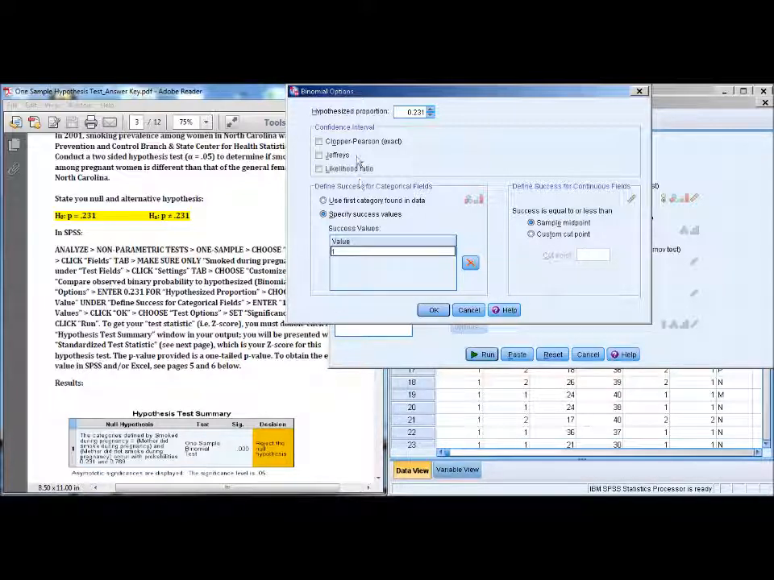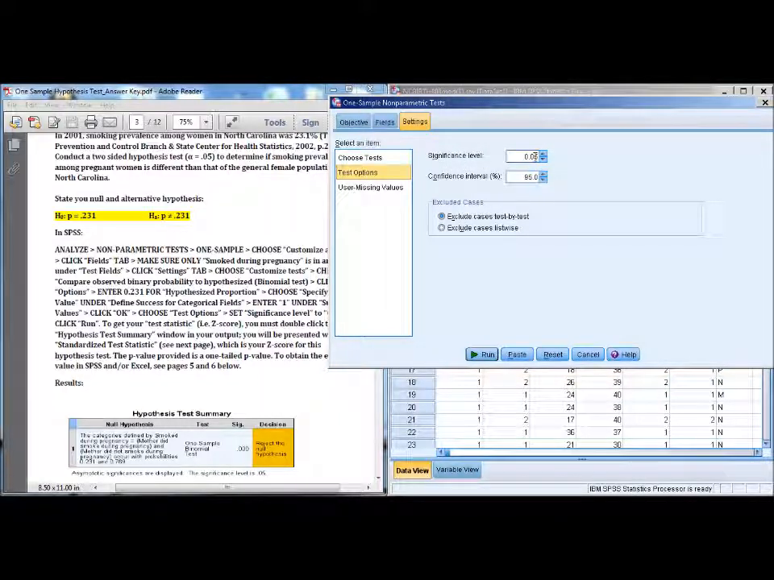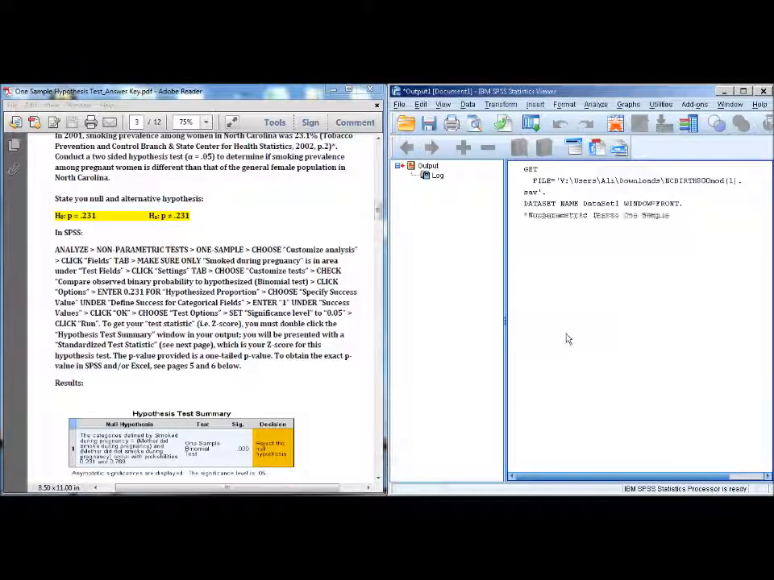And now in this window here, we're done. We have our null hypothesis value. We specify our success value. You can click OK now. Now under test options is where you would choose your alpha level, which you can change to 0.01, you can change to 0.1, or any value you like. In this case our alpha is 0.05, so we'll leave that as default. Everything else is fine. Now to get our results we click Run,